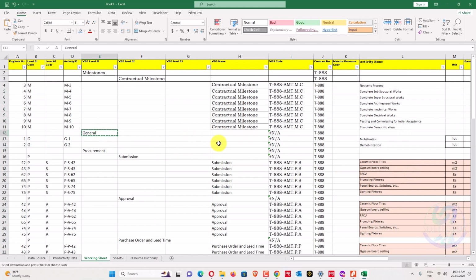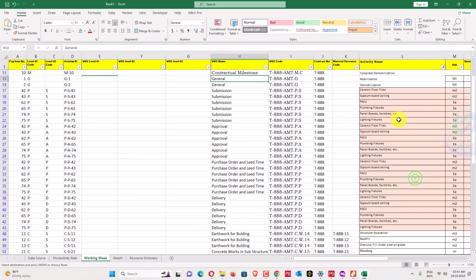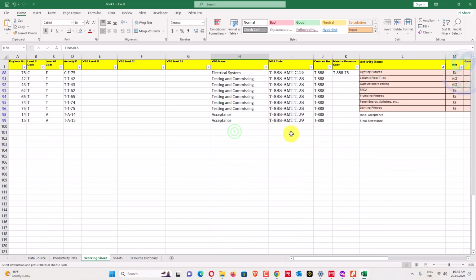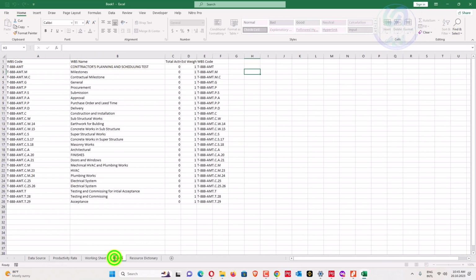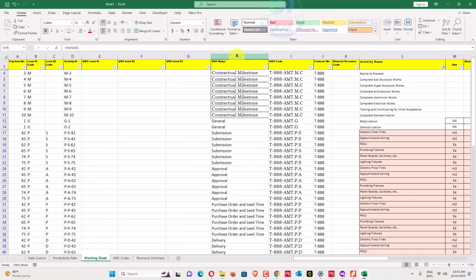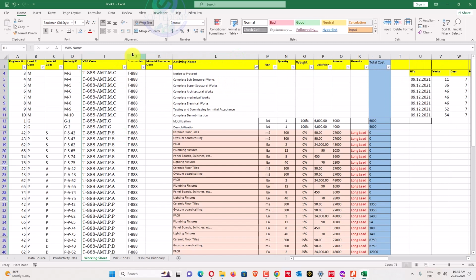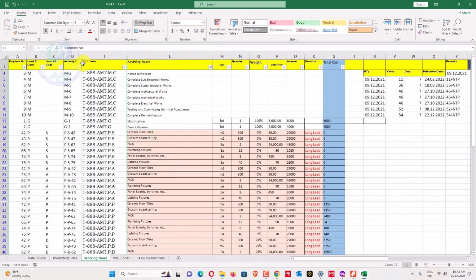Okay, so this one was missing, so I will just go again here, and this time when I click this one, you can see my WBS codes have been appearing. So these WBS codes are very necessary, so they should always be there. And now, okay, this one has been done, so this one I want WBS codes. Okay, in the working sheet, so this WBS code. There will be no work for the WBS name now. Codes, activity IDs, we have activity names, WBS codes, and we have activity ID.